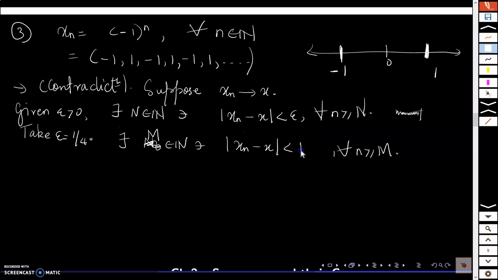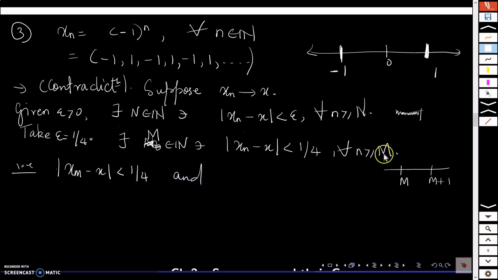But what is the epsilon right now? It's 1 by 4. That means this is less than 1 by 4 whenever I take natural numbers bigger than or equal to m. Right? So I can take m, I can take m plus 1, m plus 2, and so on. Now if I take m instead of small n here, it is going to work because it works for natural numbers bigger than or equal to capital M. So |xm minus x| will be less than 1 by 4, and if I take m plus 1, even that is a natural number which is bigger than m. So even for x m plus 1, this difference will be less than 1 by 4,